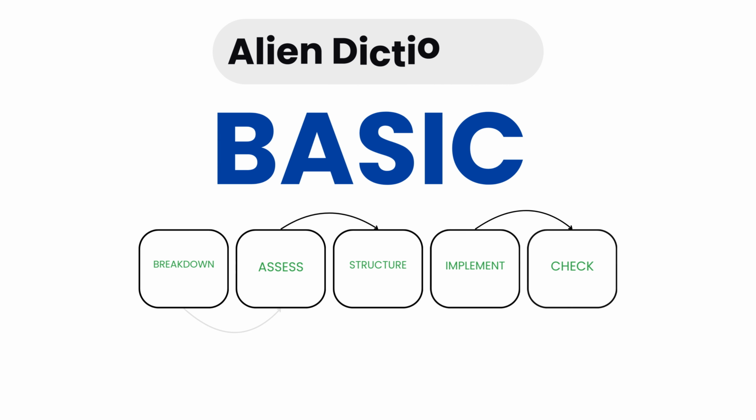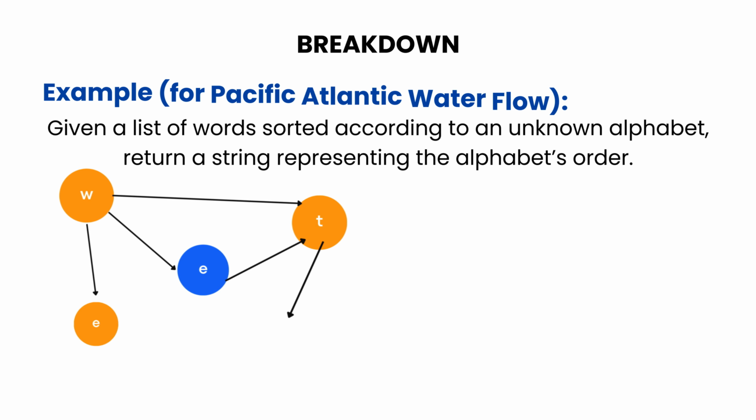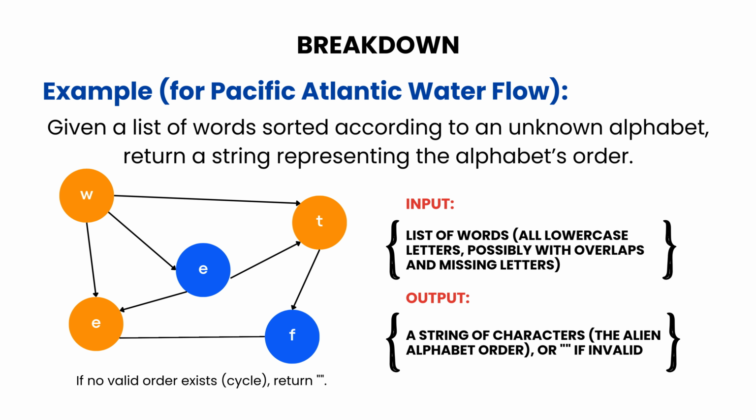Let's break down Alien Dictionary using the basic method, giving you a foolproof plan for any graph-based string ordering challenge. Given a list of words sorted according to an unknown alphabet, return a string representing the alphabet's order. If no valid order exists, cycle, return empty. Input: a list of words, all lowercase letters, possibly with overlaps and missing letters. Output: a string of characters, the alien alphabet order,